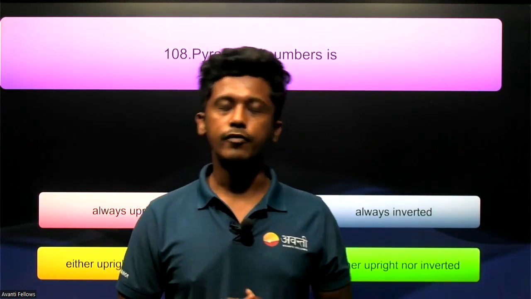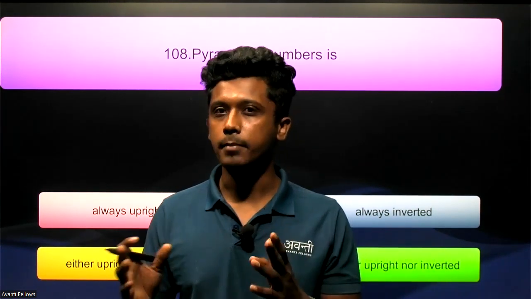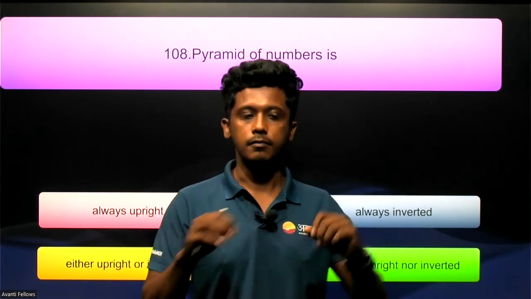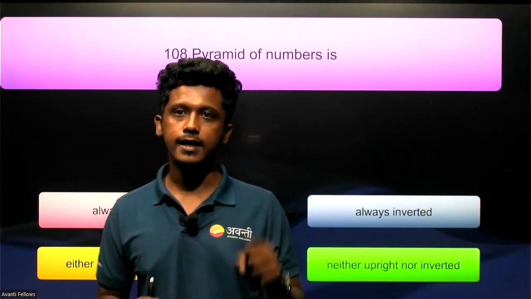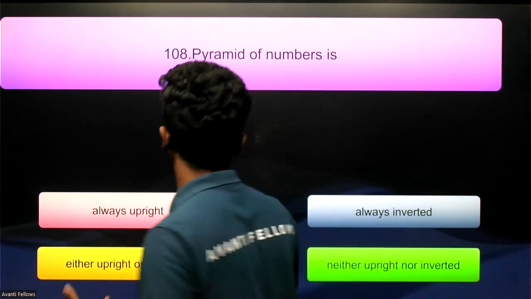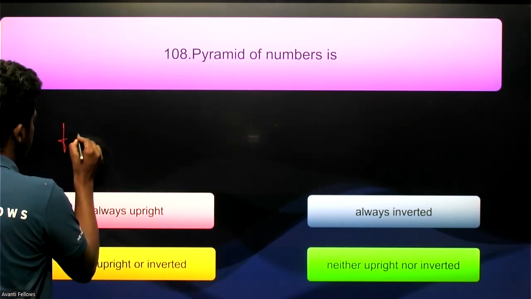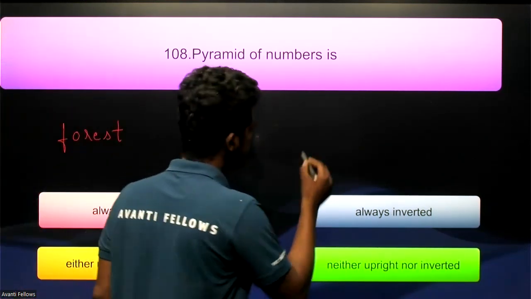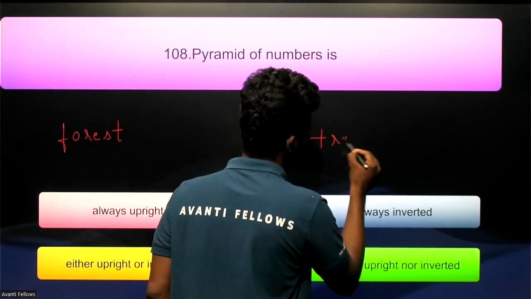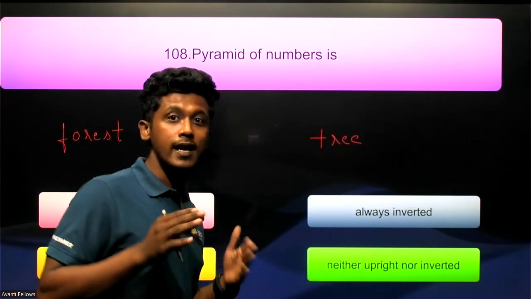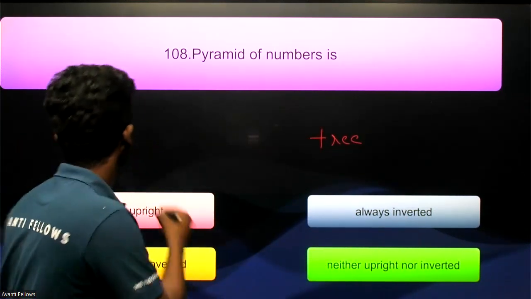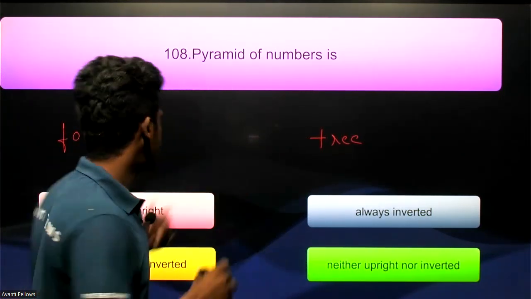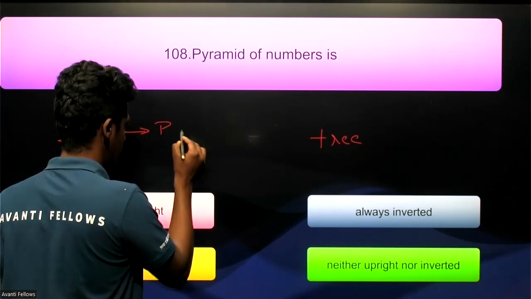So in this question, when we talk about the pyramid of number, we understood that the flow of energy happens based on a particular ecosystem. So let us take a particular ecosystem such as a forest, and then let us take a tree as another example. For example, if I take a forest and generally analyze, we see that the producers, I'll write it as P,